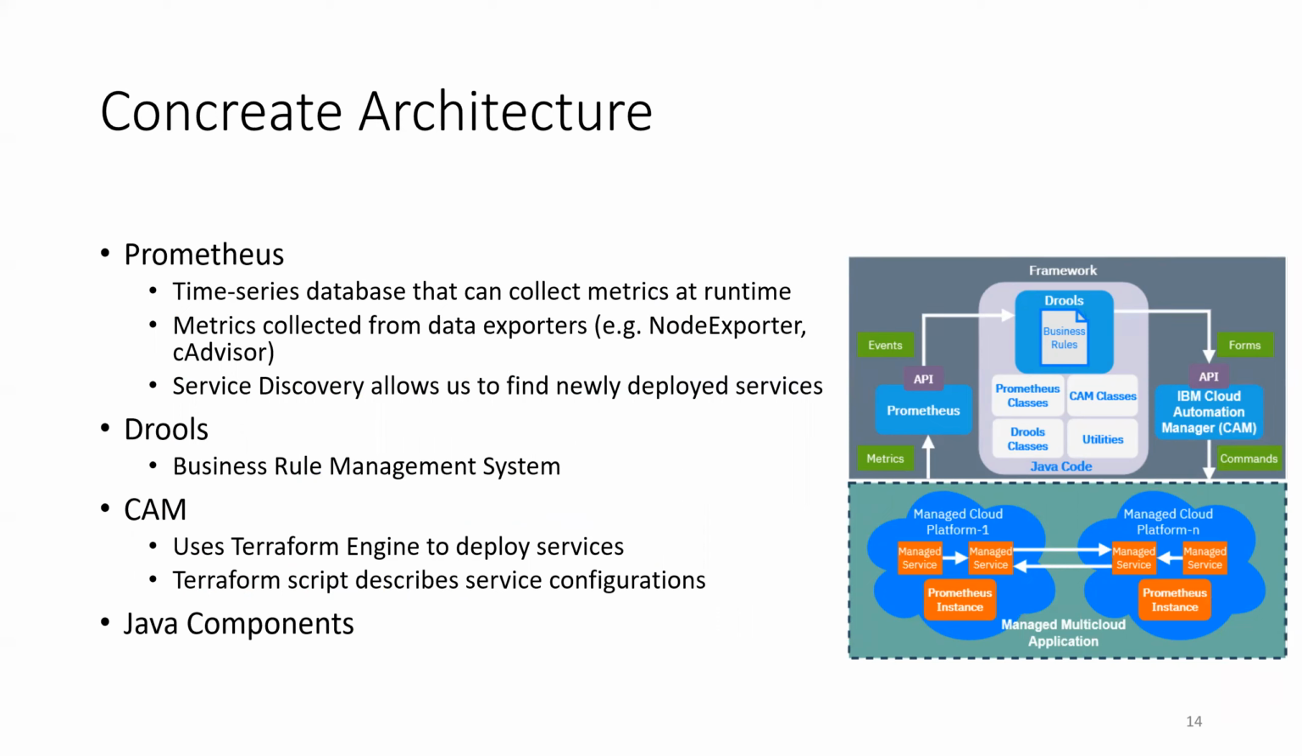So for our cloud monitor, we use Prometheus. It's an open source monitoring system and time series database that can collect the runtime performance metrics. So we collect metrics from the data exporter, such as Node Exporter for VMs and cAdvisor for Docker. And we stream these metrics into Drools, which we use as our state rule engine. Drools is a business rule engine, which allows us to write when-then rules using states. The rules then send the plan to IBM Cloud Automation Manager, which is our workflow engine